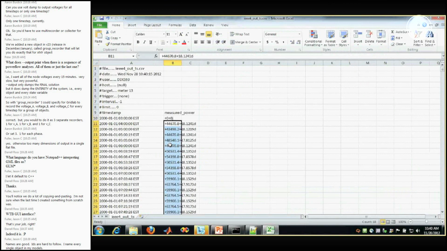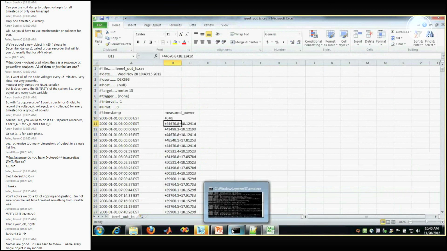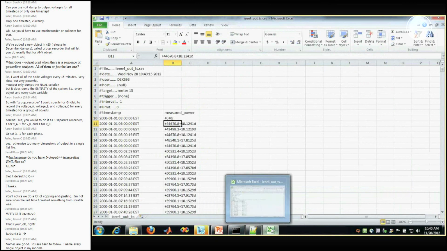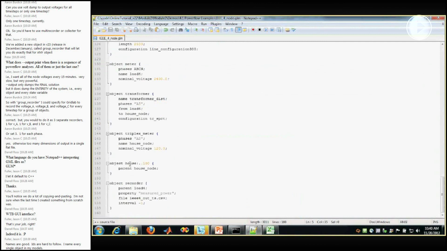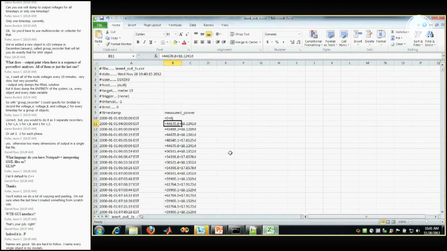So that's basically a way of taking your static load. You can apply either a measurement point as an aggregate population, or if you actually had the explicit details of what that population is, if it's 100 houses, you can go ahead and specify those individually. Or you can even put these down as individual triplex meters and then play in a load to them directly. But getting back to my earlier point that I was going to rant and complain about,